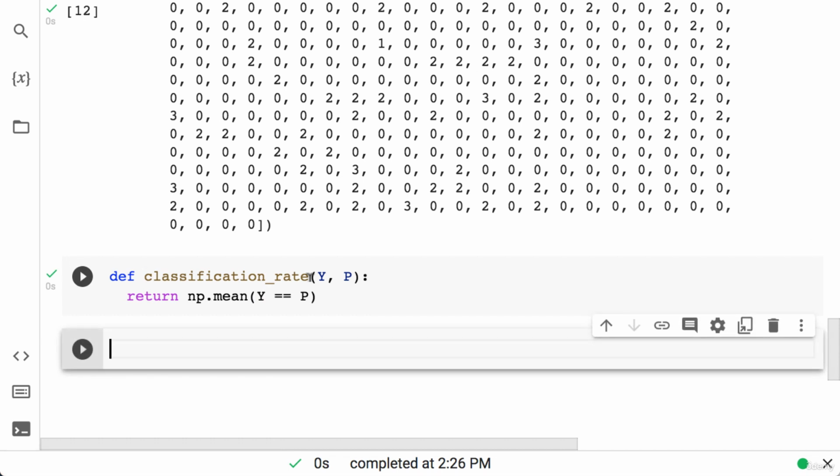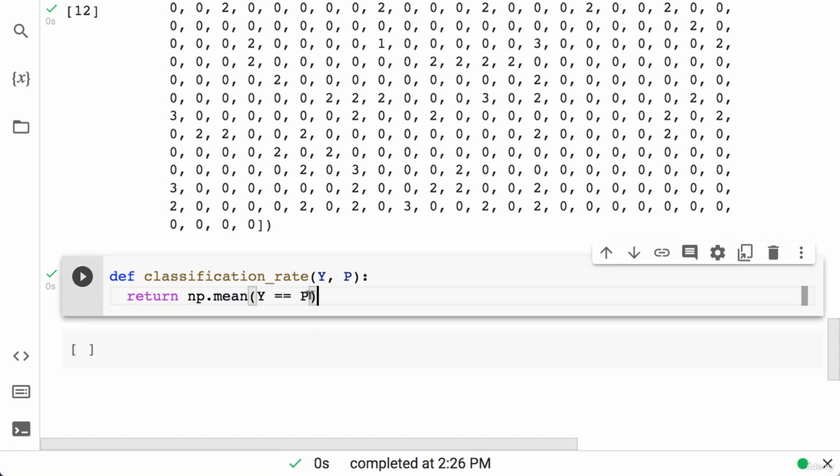Okay. Now, just in case you're wondering how this works, you have to work from the inside out, in the order of operations. First consider this: y equals p. We know that equals does a Boolean comparison, so it returns true if the elements are the same and false otherwise. And it does this in an element-wise fashion because NumPy is smart and it knows how to do that